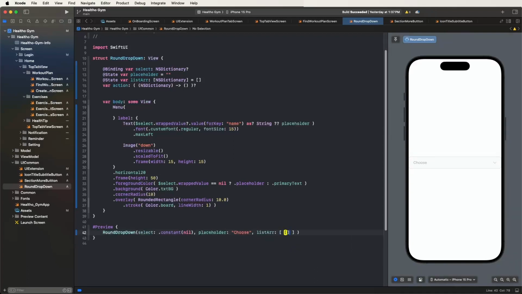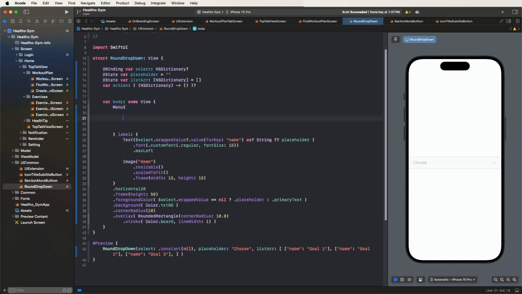Inside, create the name property and set goal 1, then copy and paste two times and set goal 2 and goal 3, like this. And now we need to click here, not work but